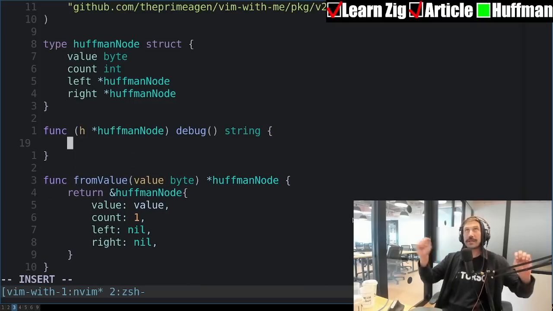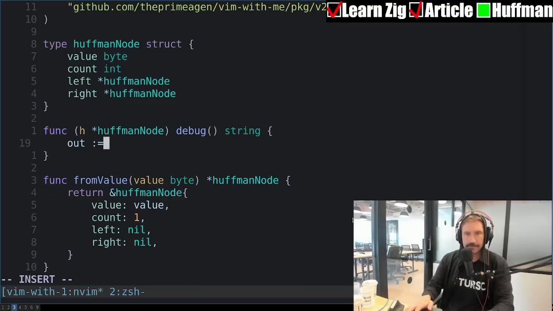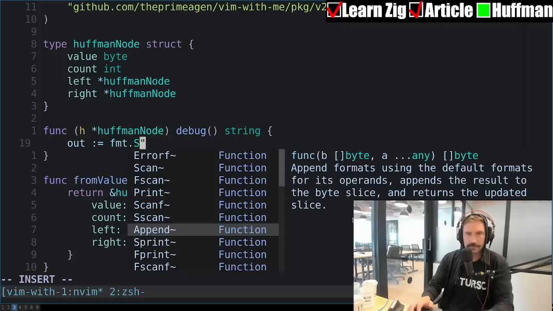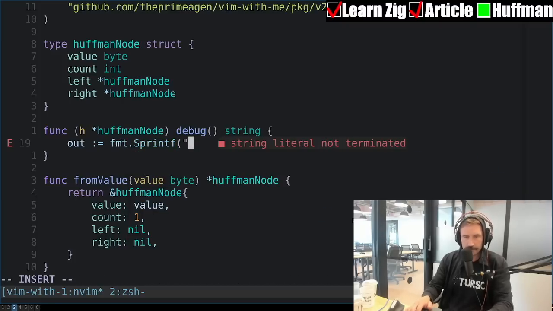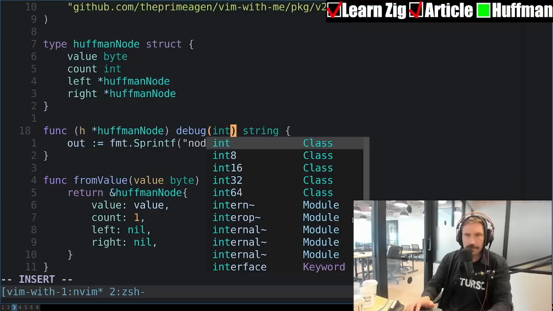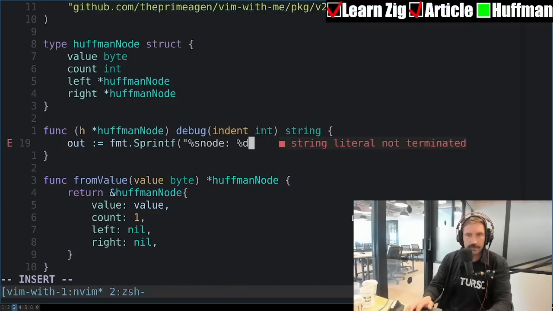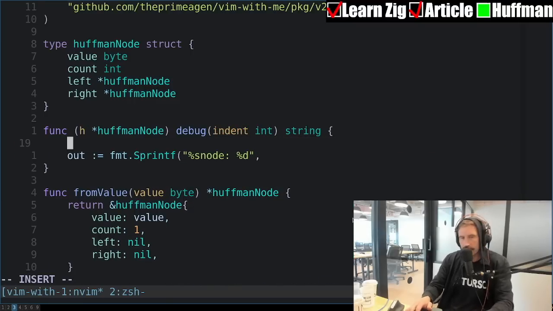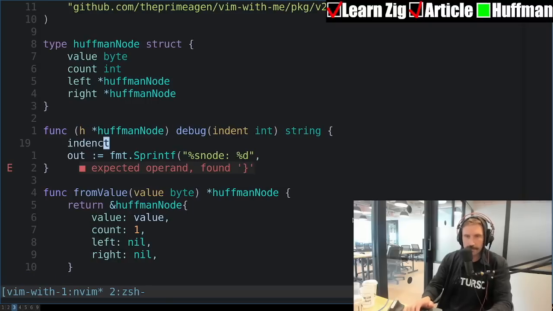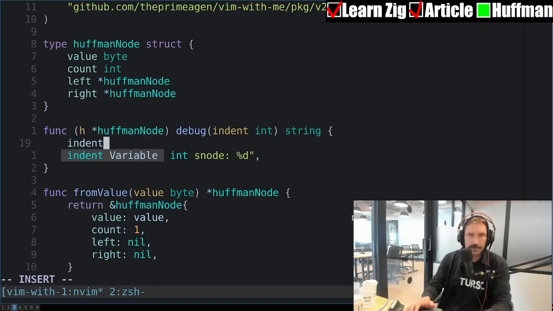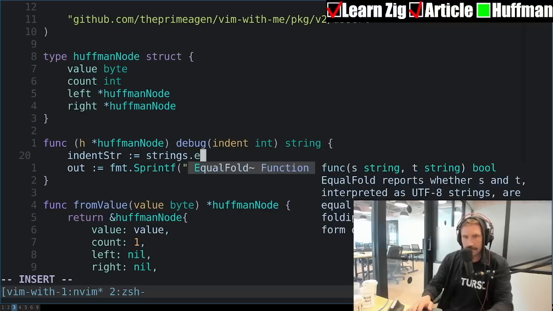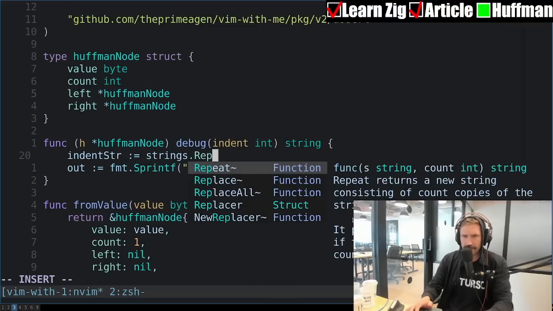All right, so to debug this thing, we gotta go like this. It's repeat, right?